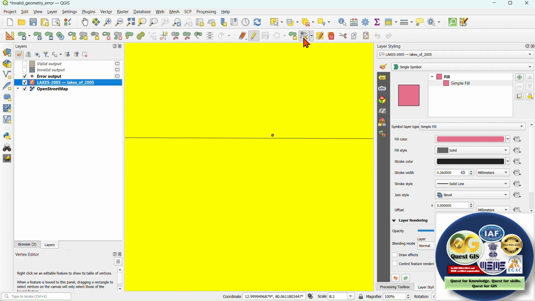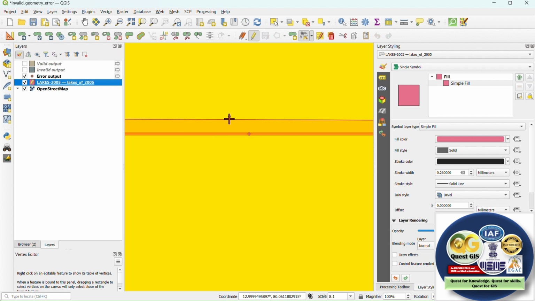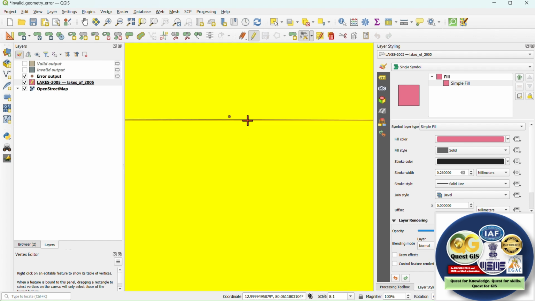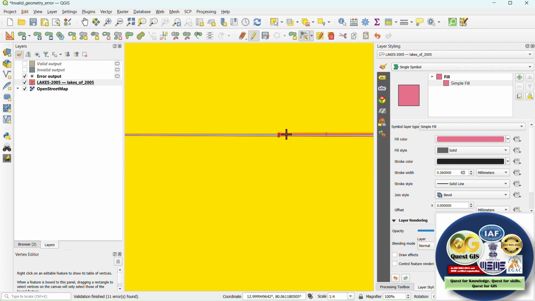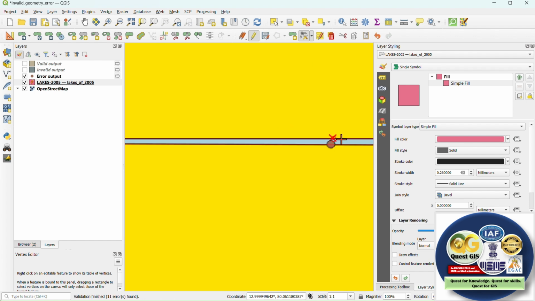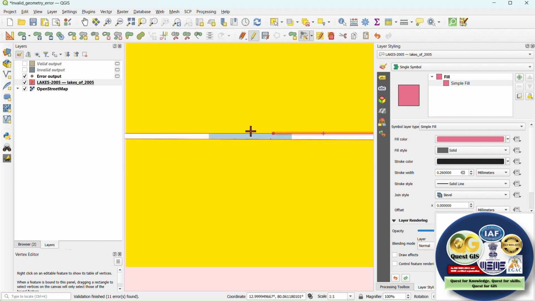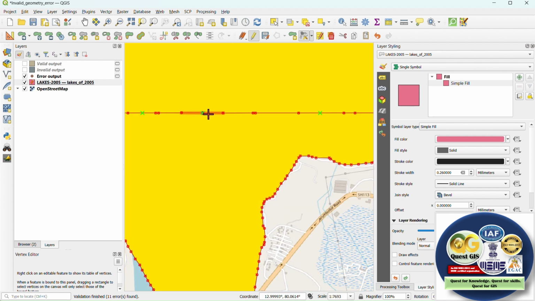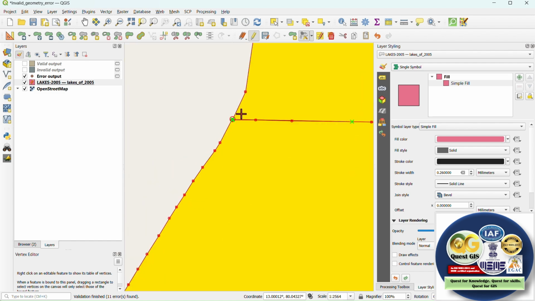I'm going to use a vertex tool here. You see this particular section has come here, and here you have another boundary. If I move it here, then you can see I have created a gap. These sorts of things are invalid geometries. Don't make such errors while digitizing.